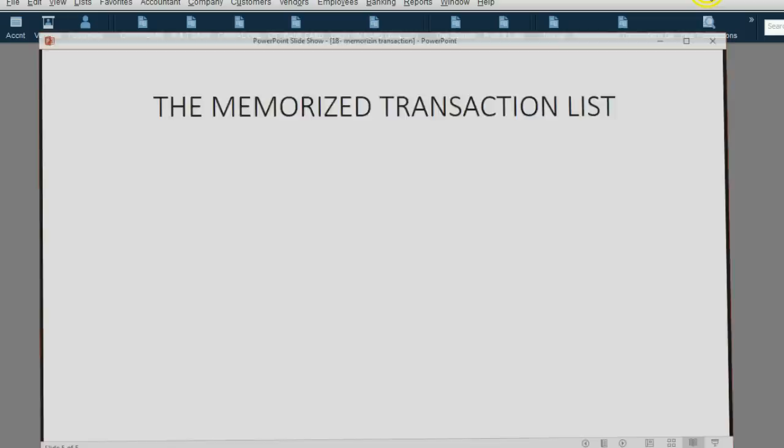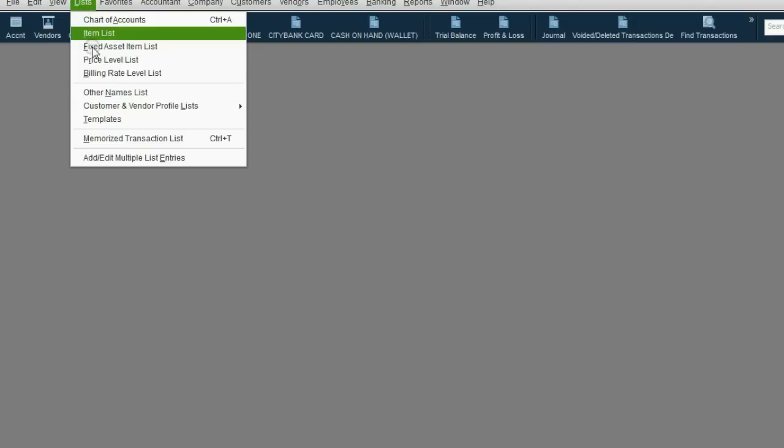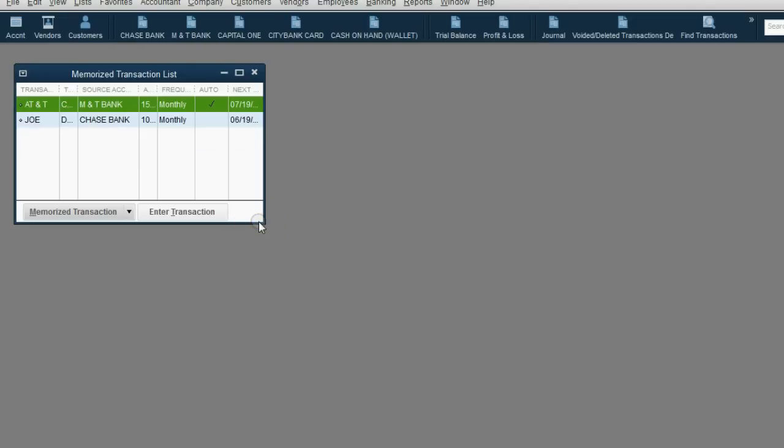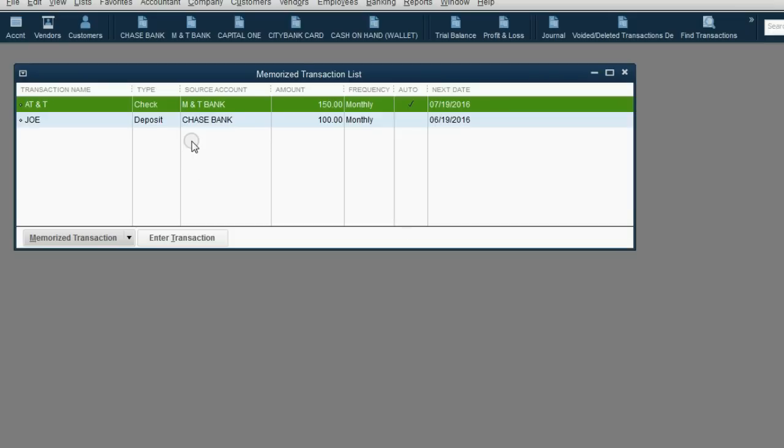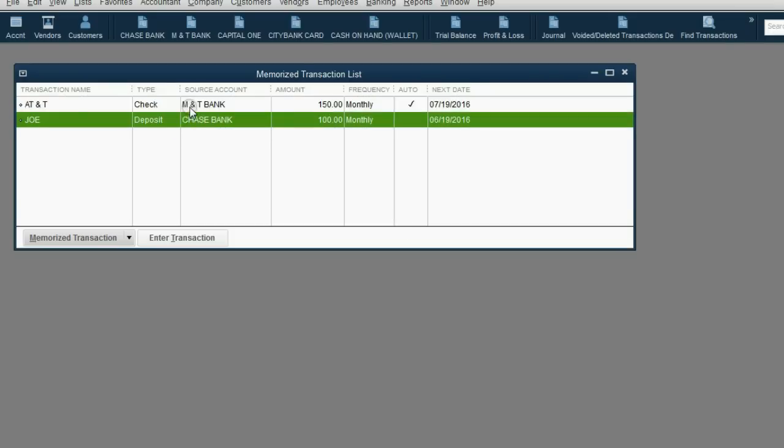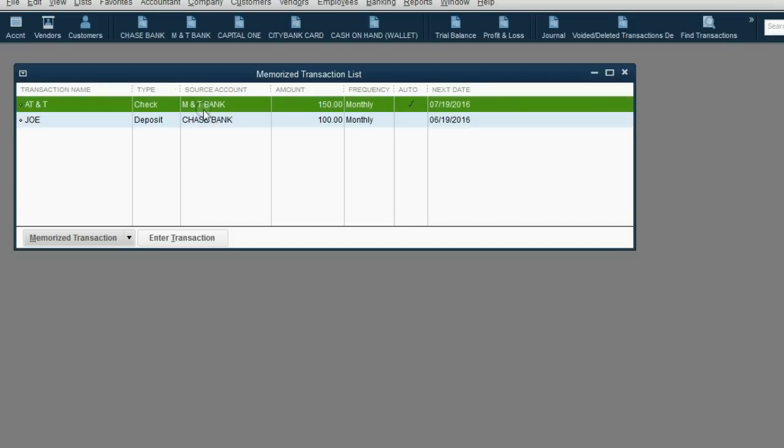You can change or remove any of the memorized transactions that you put into QuickBooks by using this window, the Memorize Transaction List. From the main menu, click List, Memorize Transaction List. If we expand the window a little, you can see these are the two memorized transactions that we recorded during